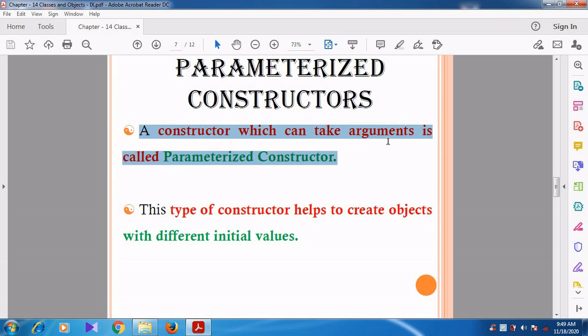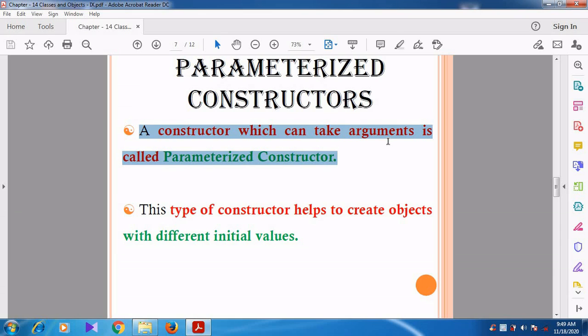From the previous heading and this heading you can understand: a default constructor does not accept parameters, whereas a parameterized constructor accepts parameters.